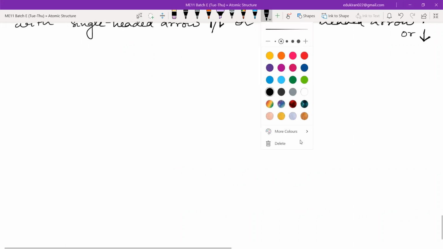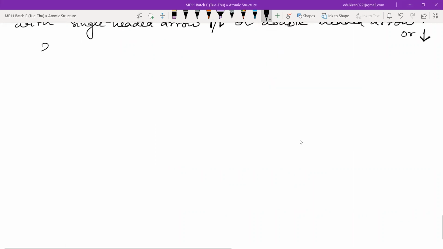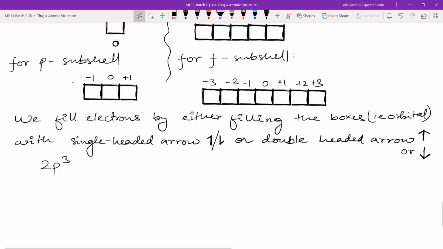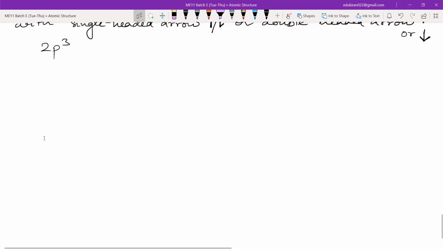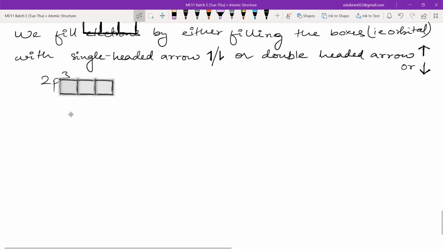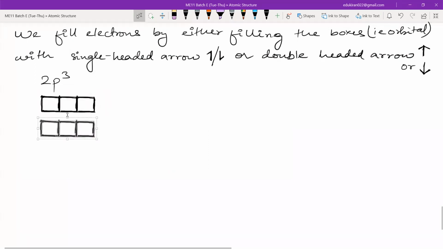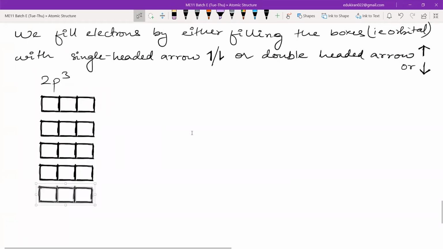Okay. Now listen carefully to the example of 2p3. Don't write anything. I will give you ample amount of time to write 2p3. Now let me borrow this particular orbital because I cannot make a similar kind once more. Let me paste this here. There are various ways in which I can fill the electrons. Okay, so please watch very carefully. There are 3 electrons here.